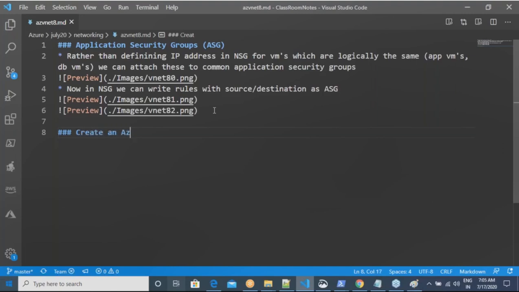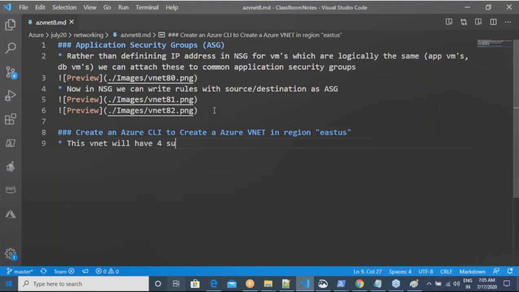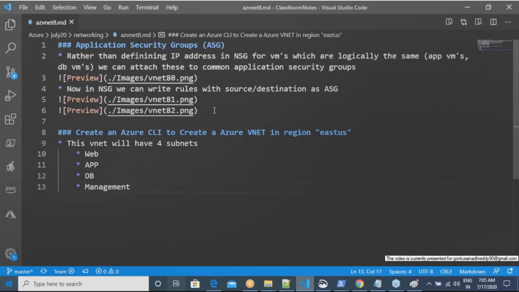Use the Azure CLI to create an Azure VNet in the East US region. This VNet will have four subnets: web, app, DB, and management. For each subnet,